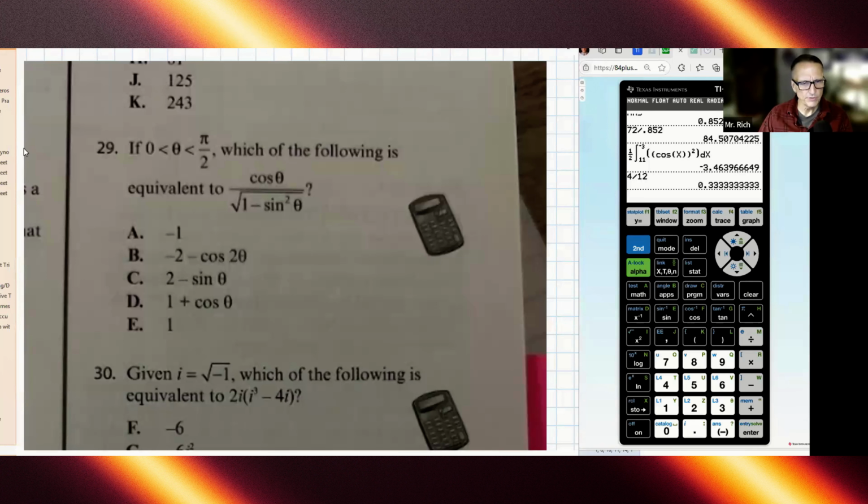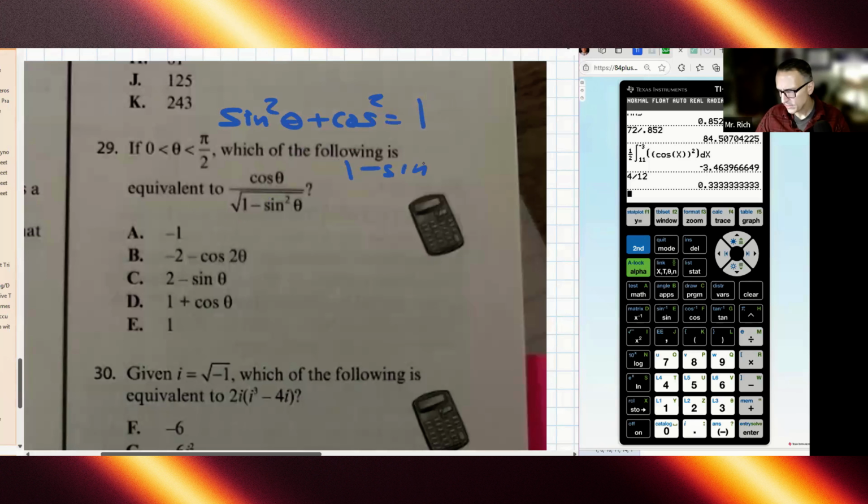Well, what they expect you to do here is to recognize that there is a trigonometric identity. Sine squared theta plus cosine squared theta is equal to 1. So therefore, this 1 minus sine squared, they expect you to recognize that that is